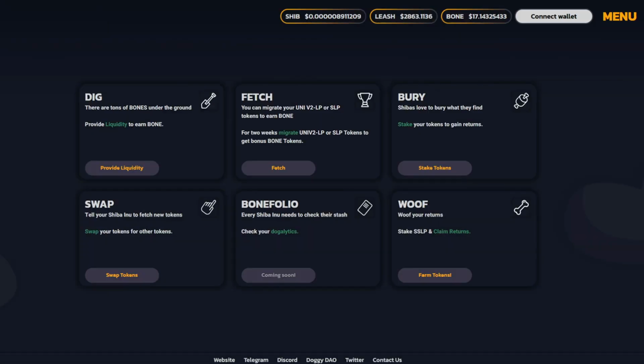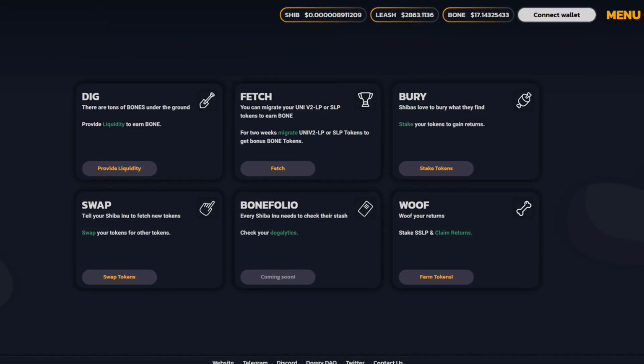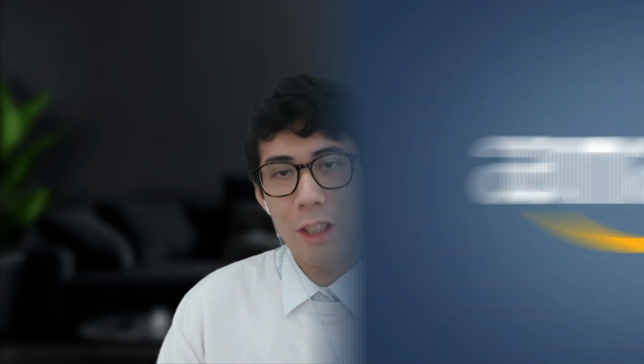It is here. Shibaswap is now live, and there are already services making themselves available through Shibaswap. We're going to go through what is currently available in Shibaswap and also what services have made themselves available through Shibaswap. And there is a big one because you can have access to major online outlets such as Amazon, Walmart,